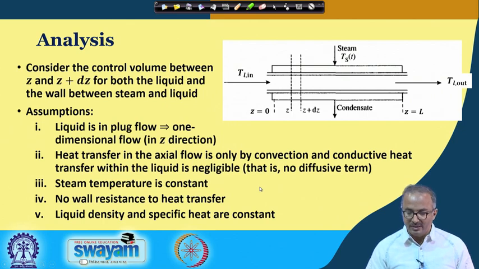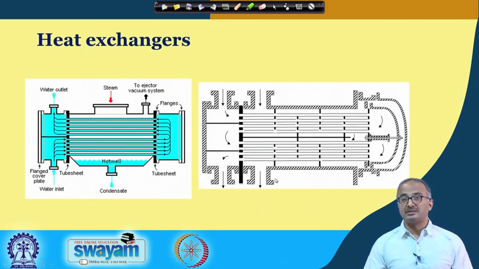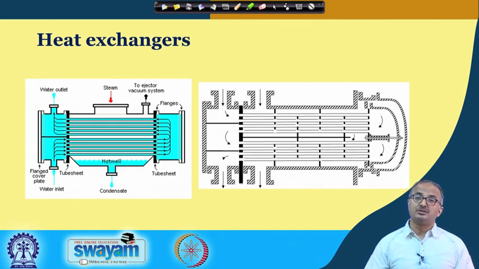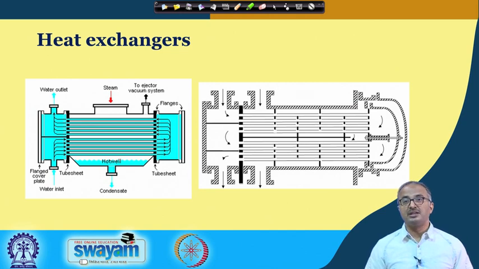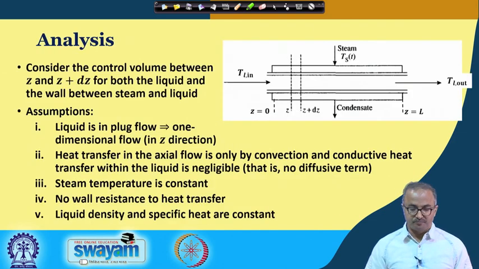So, you can see here that we have two passes on the shell side and four passes on the tube side. So, this is how we count the passes on the shell and tube heat exchangers, though these are just some examples to give you some feeling how these heat exchangers work.